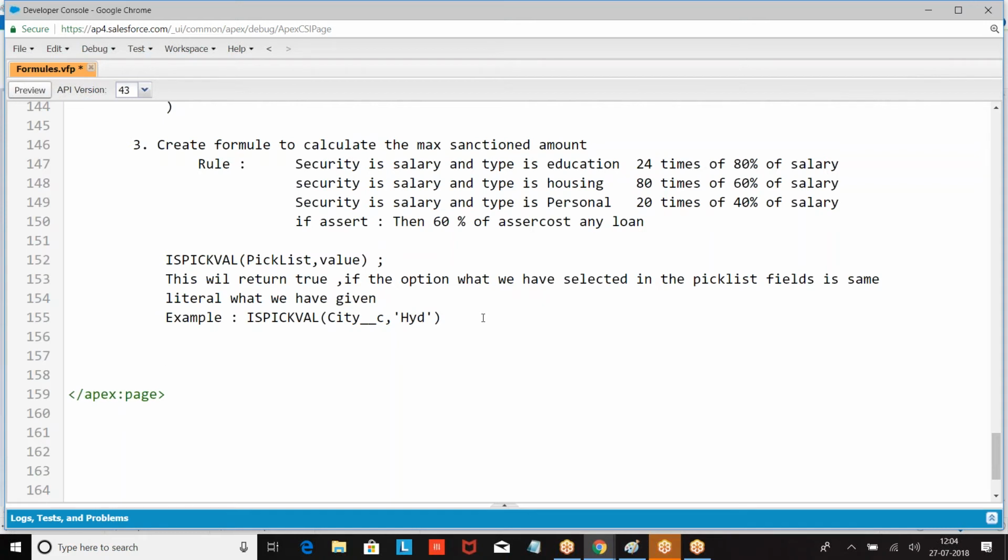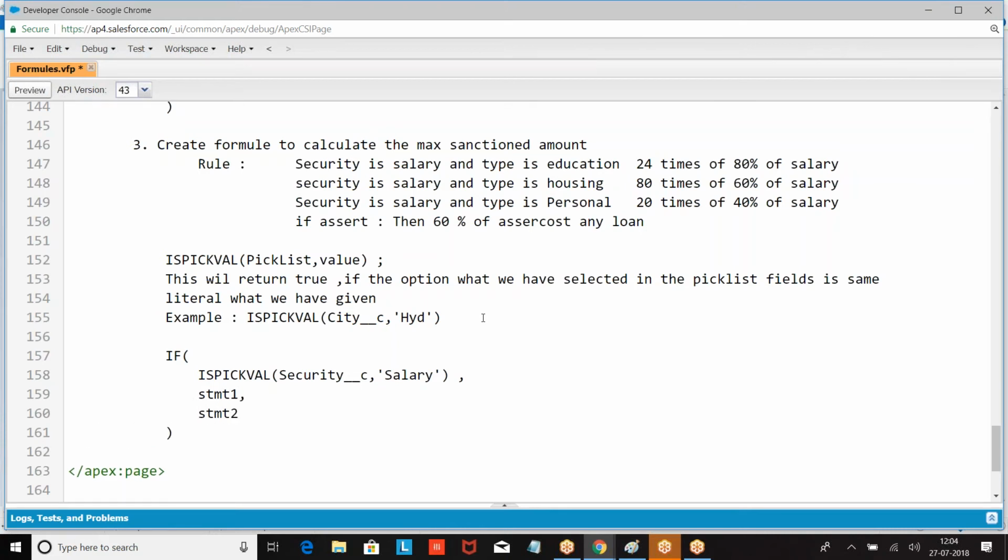Above condition, if security is salary, so if security is equal to salary. If it is true, statement 1 will come, otherwise statement 2 will come.